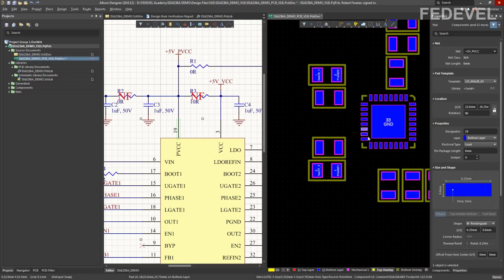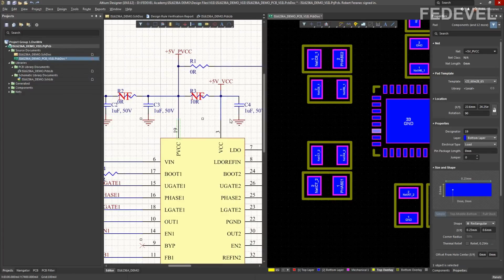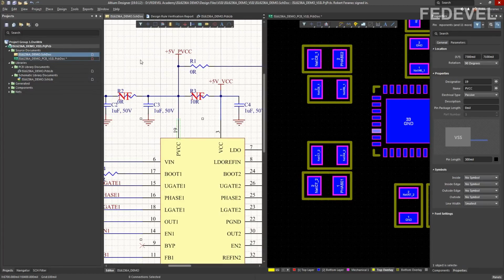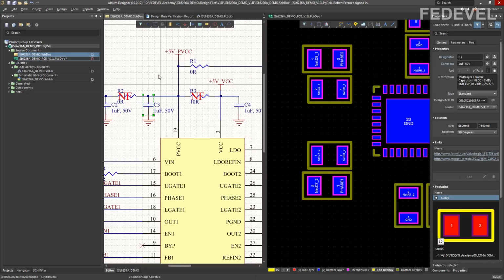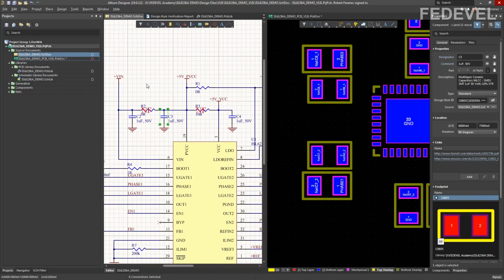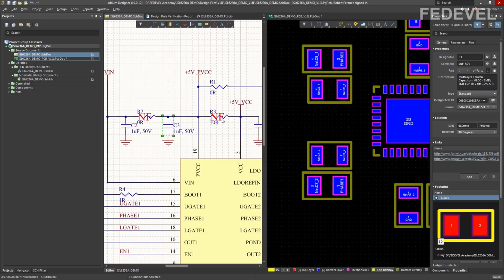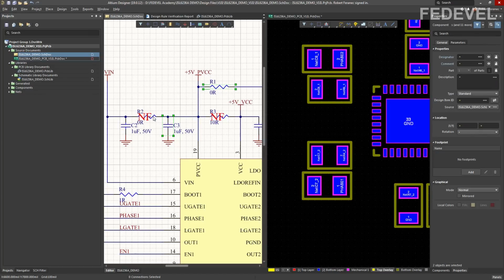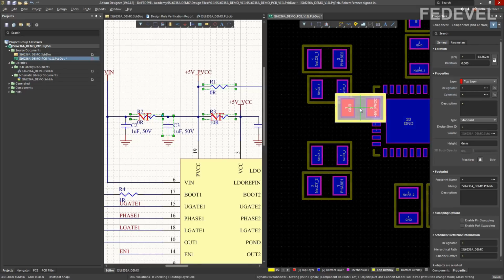Here it is selected. We need to place the capacitor somewhere here. Left click, left click, left click to select the capacitor. And also we can place these resistors which are connected to this capacitor. So press shift, left click, left click, left click, place or reposition selected components.